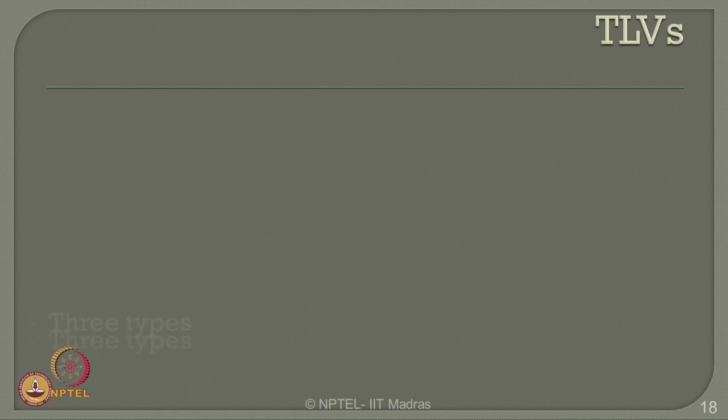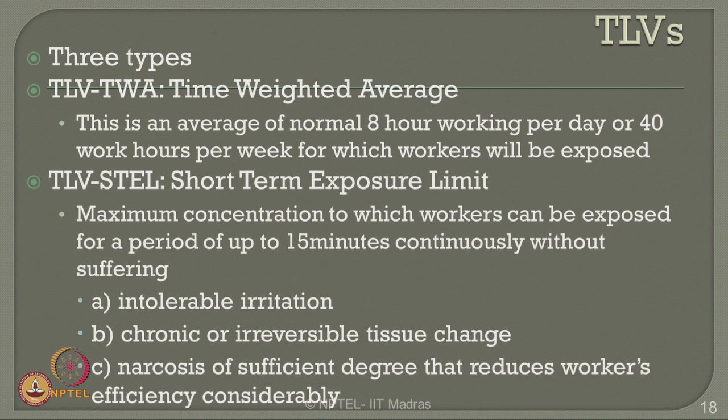Now let us see what are TLVs. There are three types of TLVs, namely TLV TWA, TLV STEL and one more. TLV TWA is called time weighted average. This is an average of normal 8 hours working per day or 40 hours working per week for which the